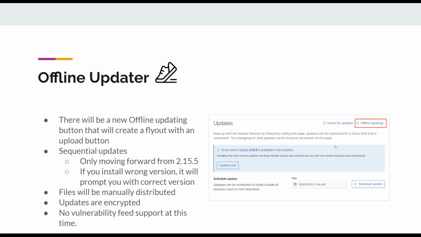So that's what the update process will look like. I am unsure, but I believe we're only moving forward from this point. So if you're on 2.11, this isn't going to be supported, because obviously it doesn't have the offline updating button. So you'll have to get to 2.15.5 as a new floor. But moving forward, you will be able to utilize that and